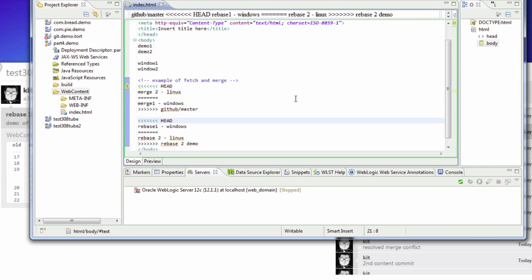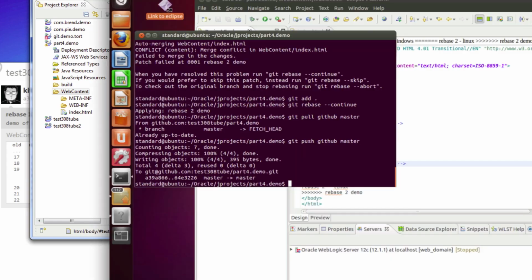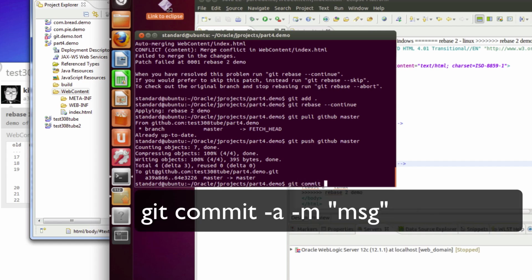And here are my changes. Whoops, I did not do a commit, did I? So let me do that real quick. Git commit -a -m "resolved